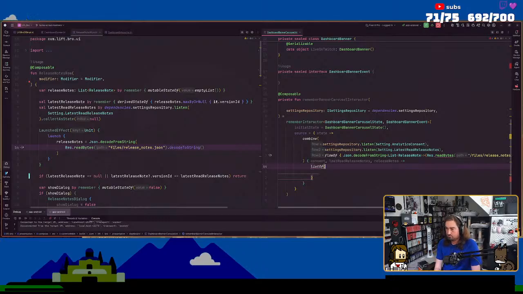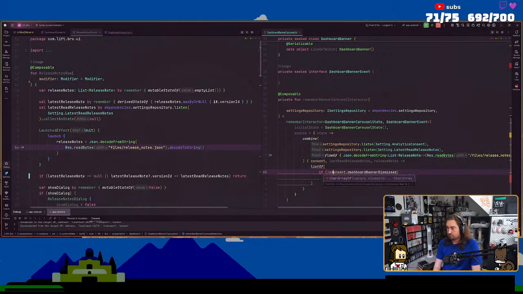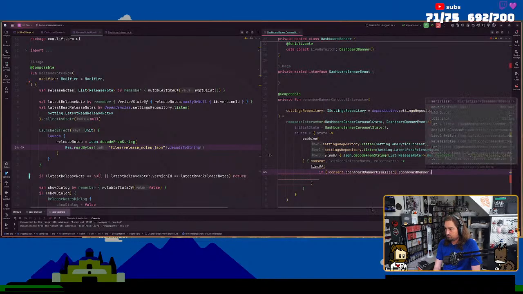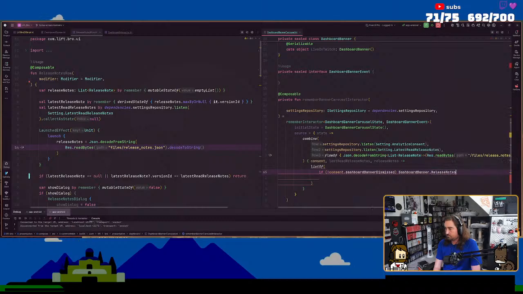So if consent dot dashboard dismissed, let's put a not there. Then we do dashboard banner dot release notes. Oh, sorry, no, analytics else null. And then I'm going to do a filter not null at the end.